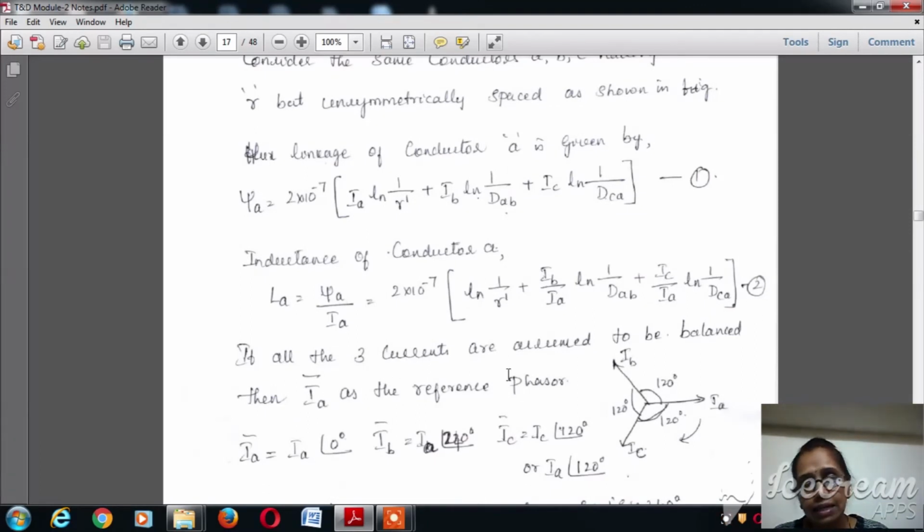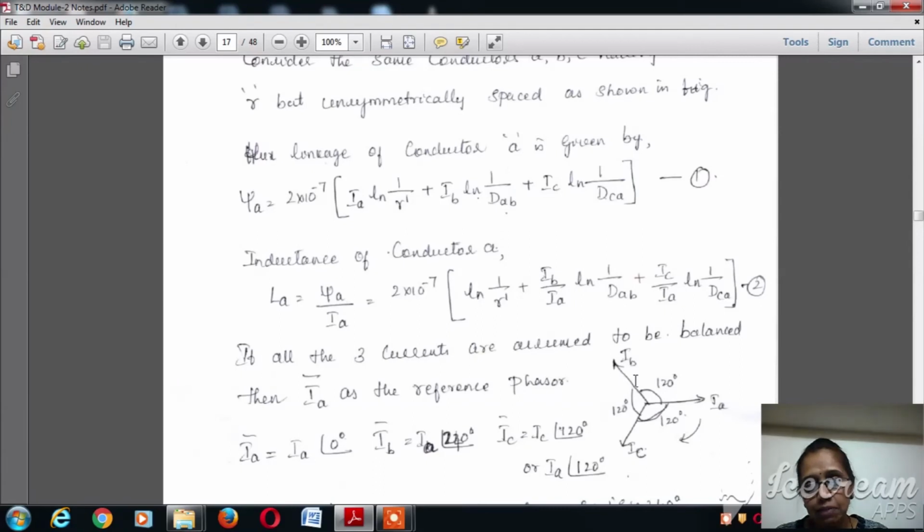Since we are considering the unsymmetrical spacing, if all the three currents are assumed to be balanced, then IA is the reference phasor. If we consider IA as the reference phasor, IB and IC are 120 degrees apart from each other, that is from the phasor IA. Since the phase difference between each of the currents is 120 degrees in a three-phase line, we consider IA is equal to IA at an angle 0 degrees and IB is equal to